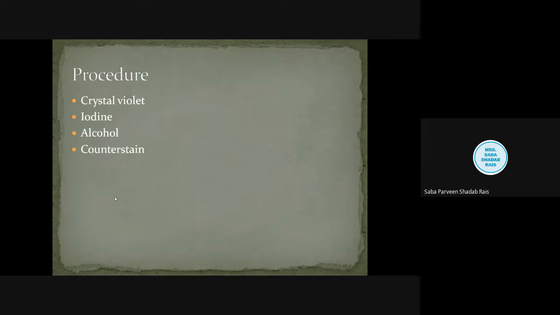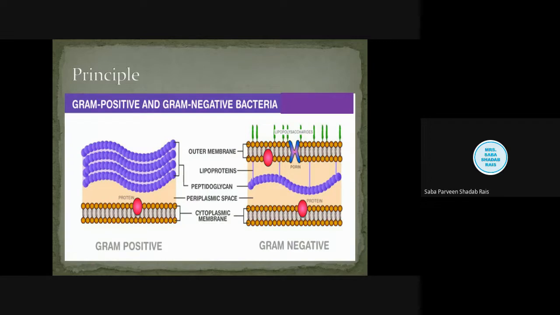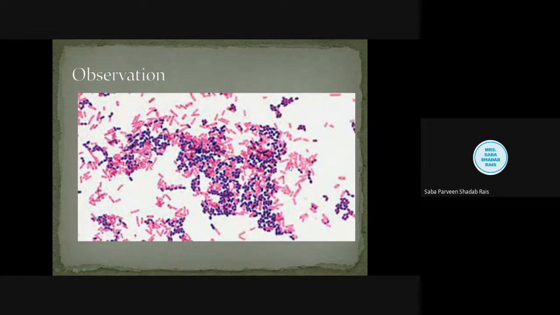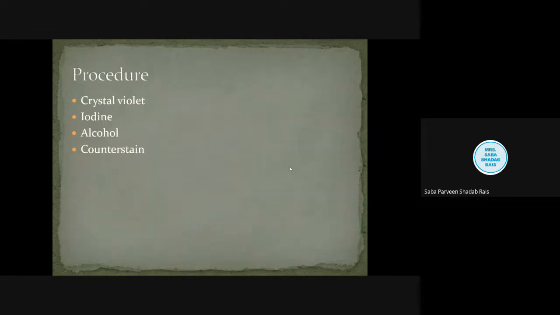Now thereafter the de-staining process comes. This de-staining is done by alcohol. Students, if you don't have alcohol, you can use acetone as well. Now what is this alcohol or acetone going to do? Simply, it is going to dissolve the lipid outer layer. Where lipid is more, let us go to the diagram. Here lipid is absent. Here lots of peptidoglycan is present, but lipid is missing. Lots of lipid is present in the case of gram negative bacteria. So here alcohol is going to wash the lipid from the gram negative bacteria.